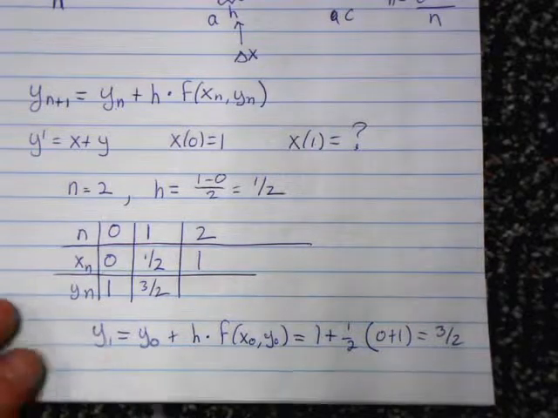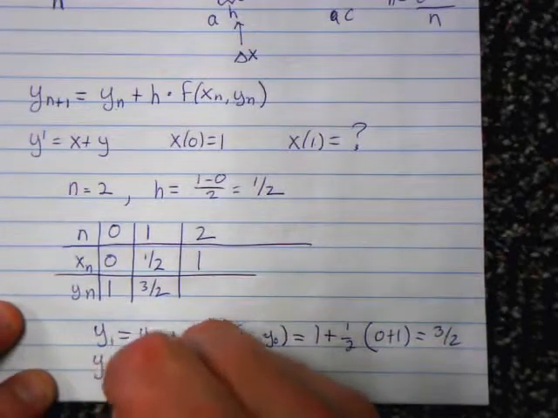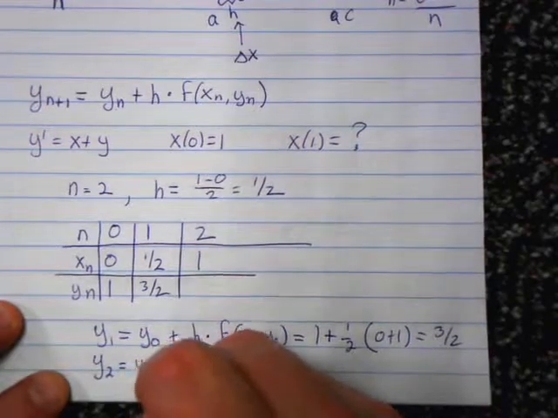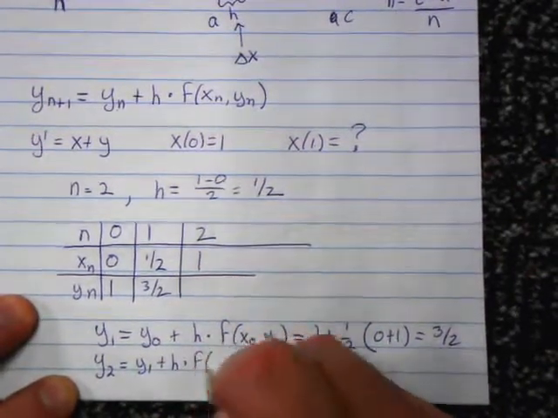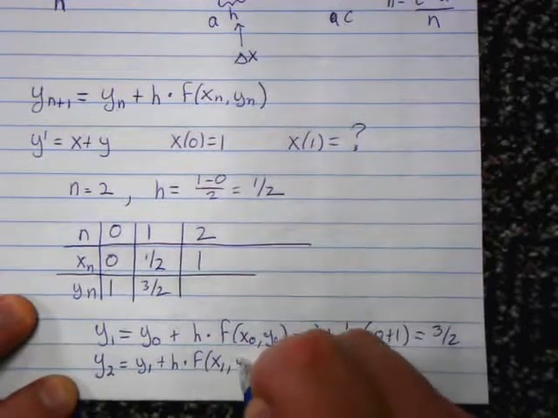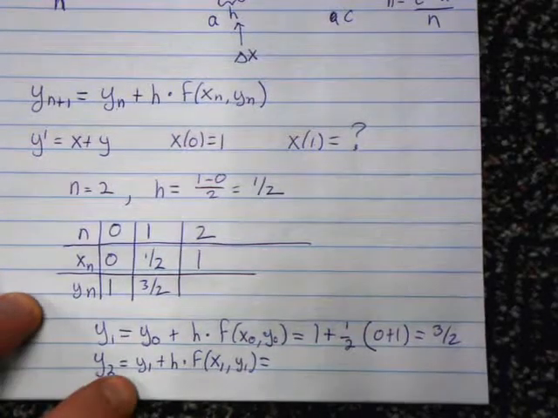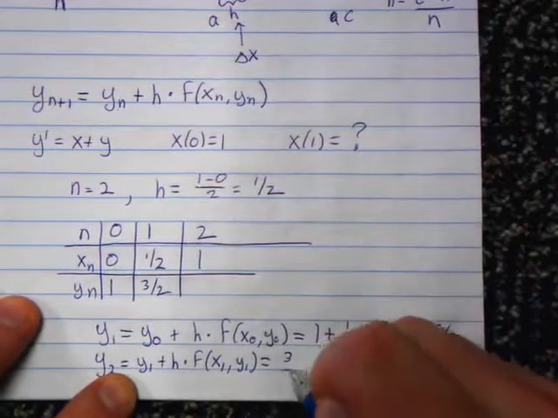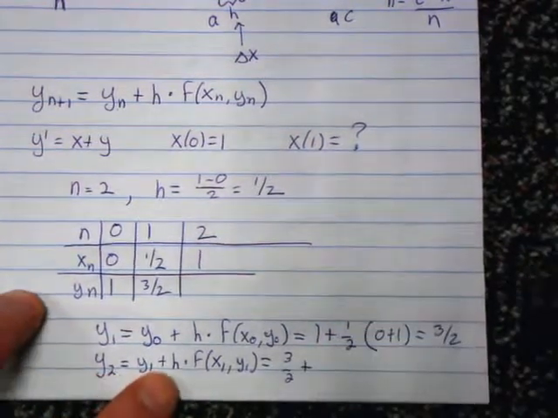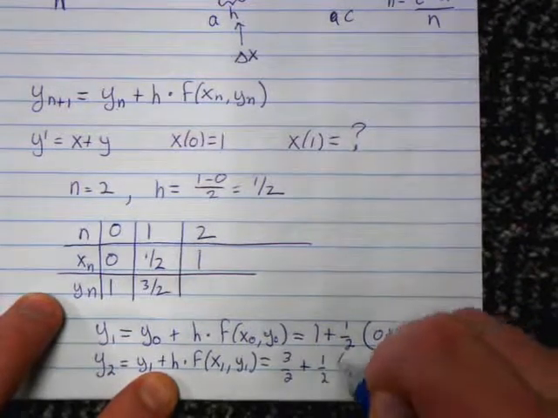All right, now let's compute y sub 2. Y sub 2 is going to be y sub 1 plus h times f at x1 comma y1. What's y sub 1? 3/2. That's what we just figured out. Plus, what's h? 1/2 times